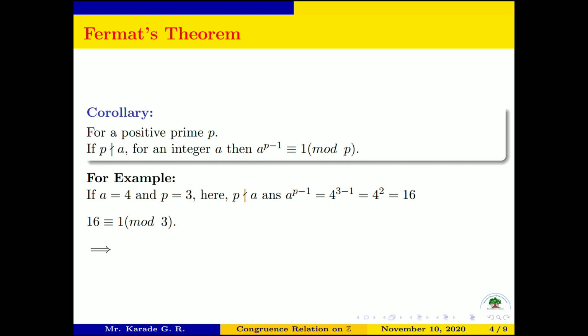Okay, so this implies that we can write A raised to the power P minus 1 is congruent to 1 mod P. So this theorem is satisfied by A equal to 4 and P equal to 3. So you can write many examples of integers which satisfy Fermat's theorem